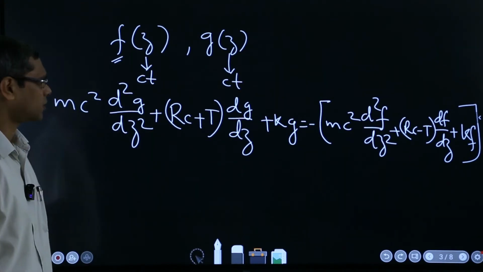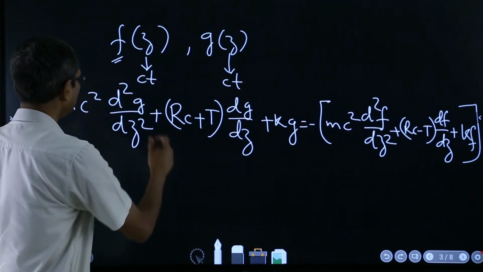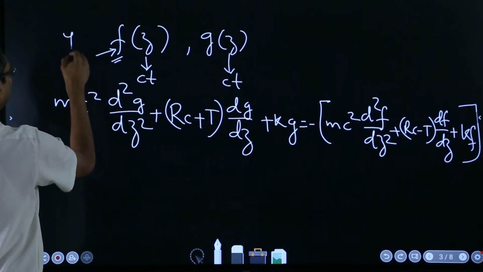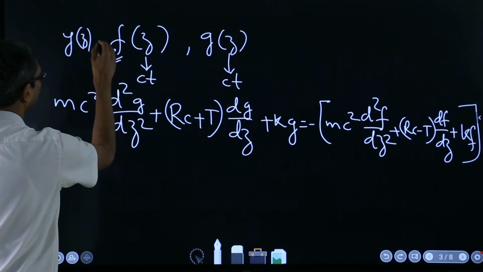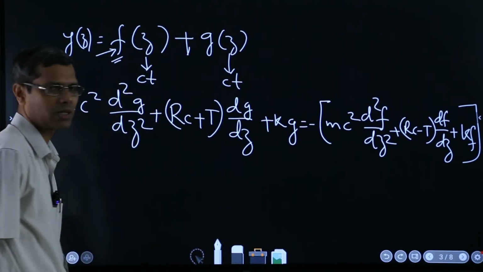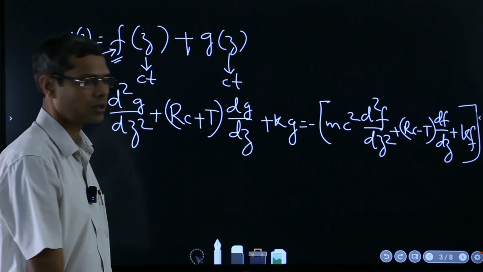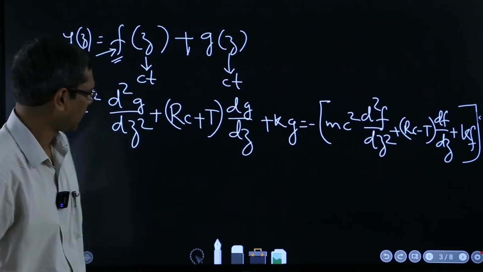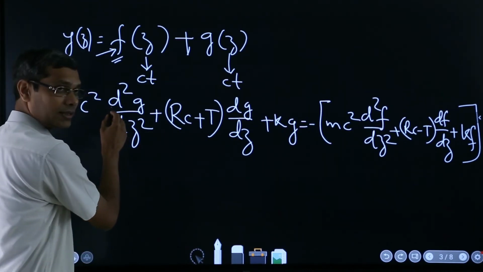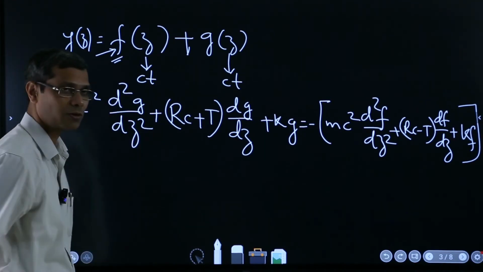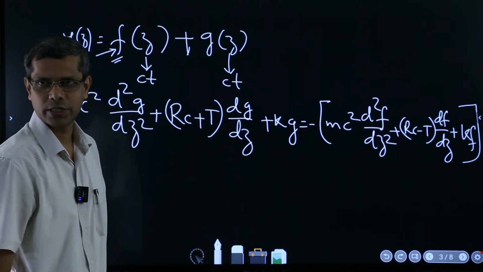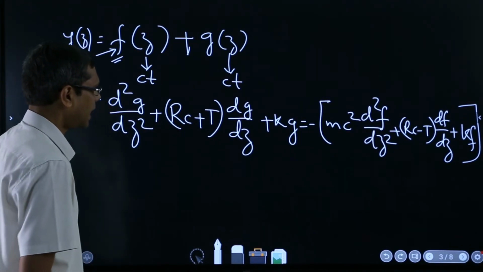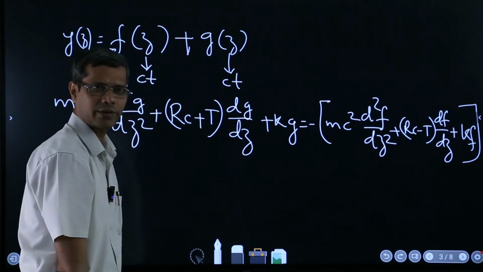This is what you will get if you substitute these equations, where y(z) is equal to f(z) plus g(z), which is true for x equal to 0. And please note that that is why these have become normal differentials instead of partial, because now it is just a function of time, x has vanished. And so, if you can solve this equation,